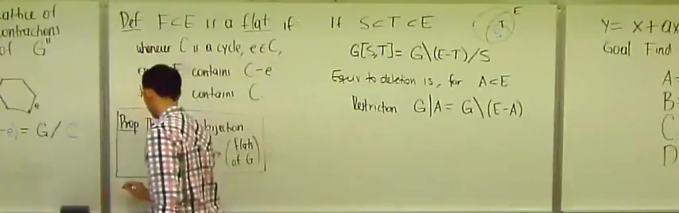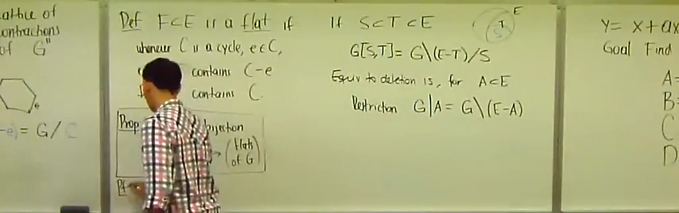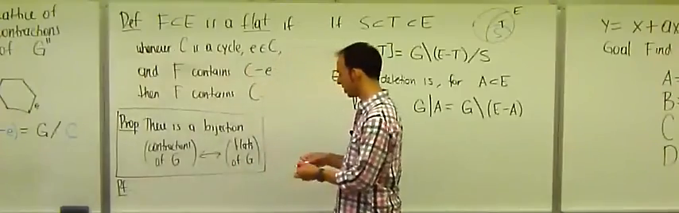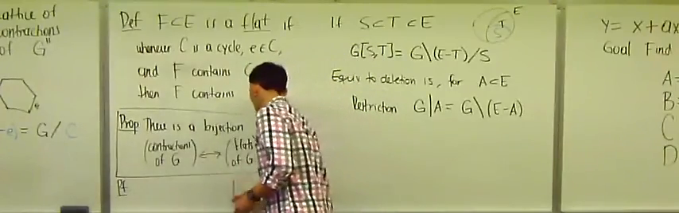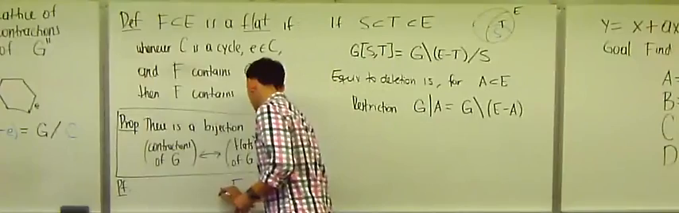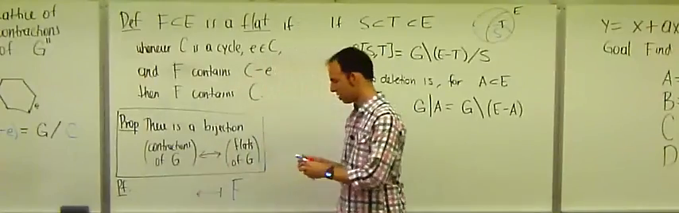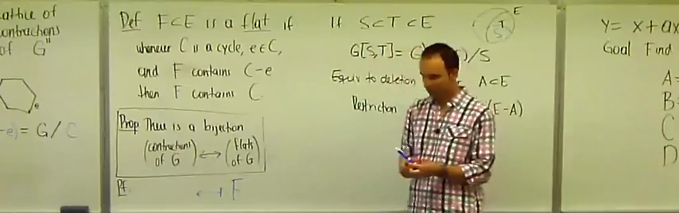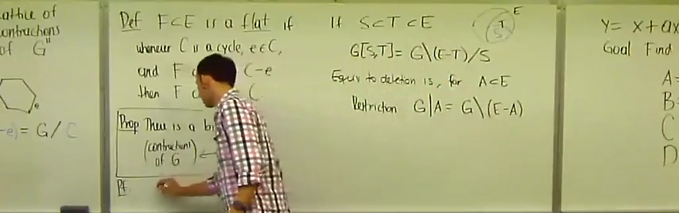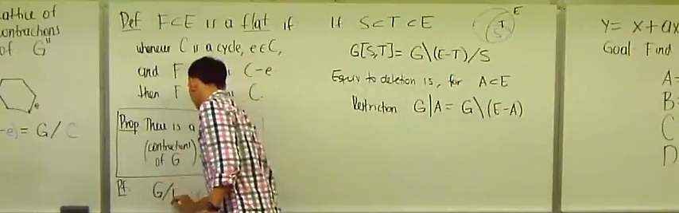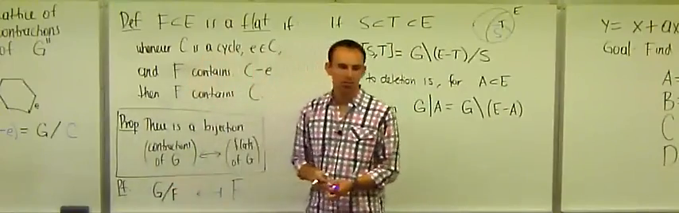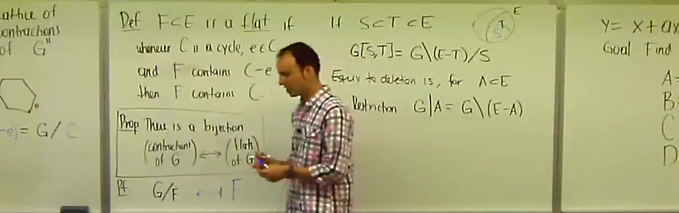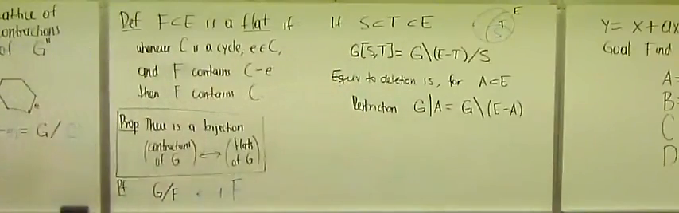Maybe I won't go through the whole proof, except we can say what the bijection is. What is the bijection? If you take a flat F, then what is the corresponding contraction? Well, it's just G contract F. Okay? And the point is that what I'm doing here is that I'm looking at each contraction, like this contraction